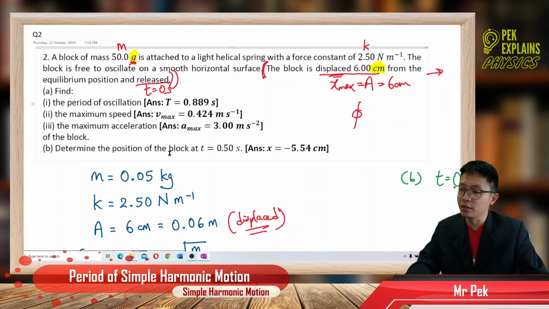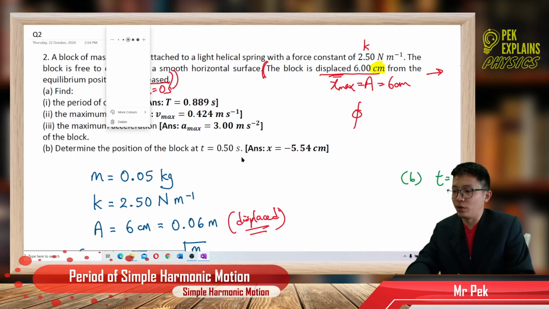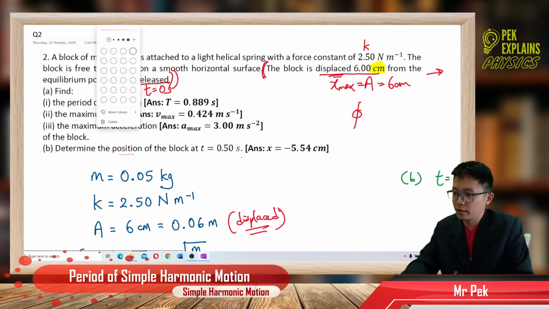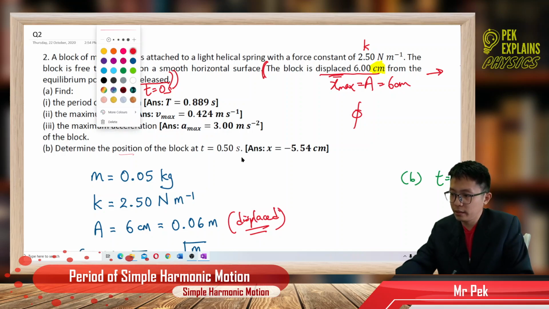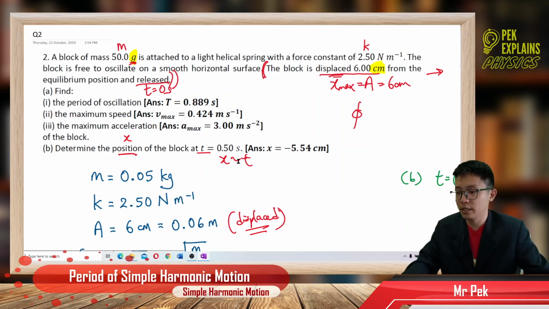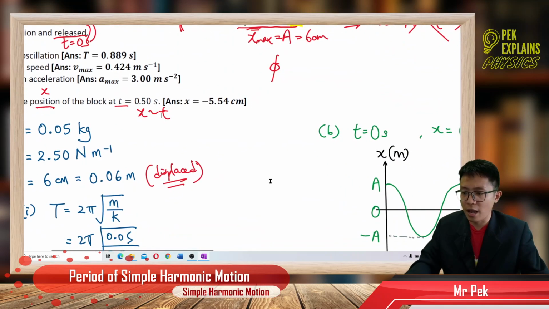Now, determine the position of the block. Determine the position of the block at this time, 0.5 second. Okay. The question asks for position. That means he asked for displacement. Okay, at this time. So we need to use the displacement time equation. Do we have any displacement time equation? Not yet. But